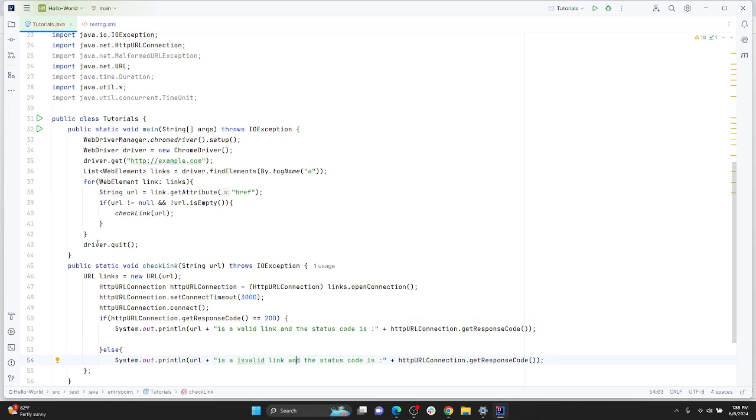Then finally, once all the URLs are checked, we can just say driver.quit, and this is how we can know how many links are broken in Selenium WebDriver based on the